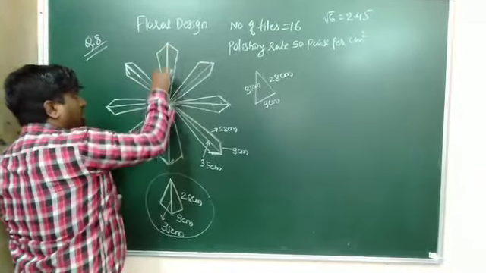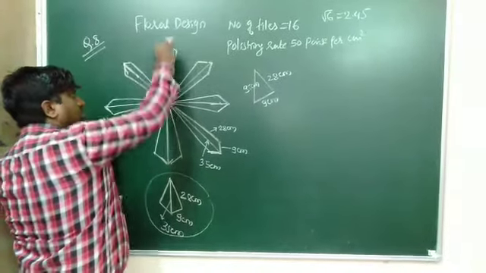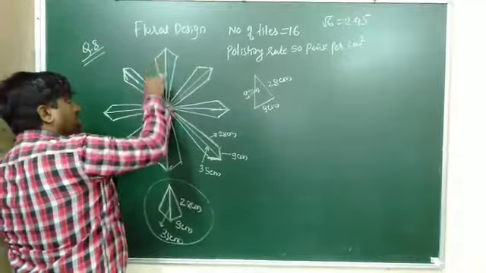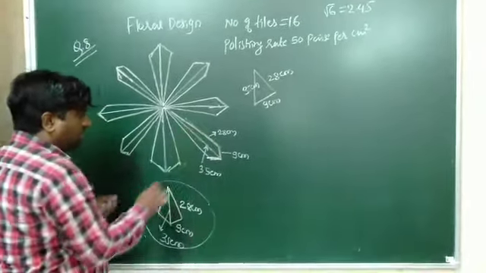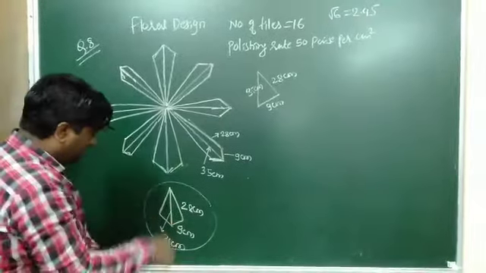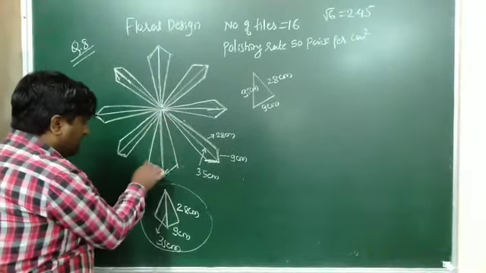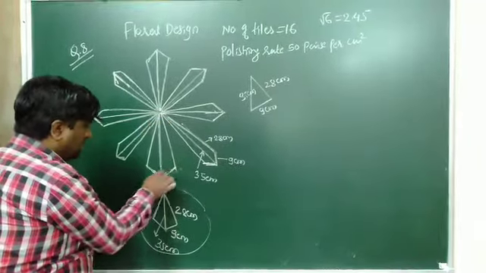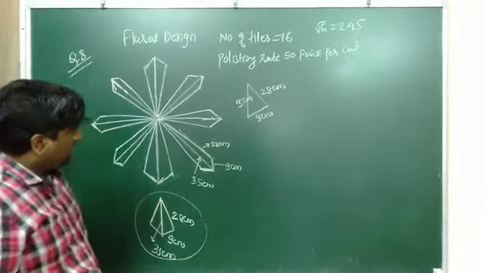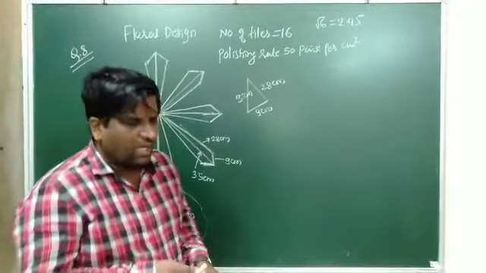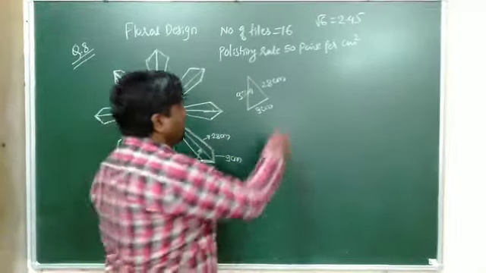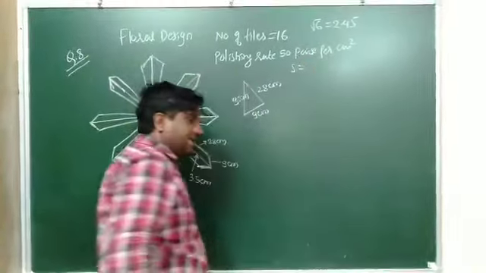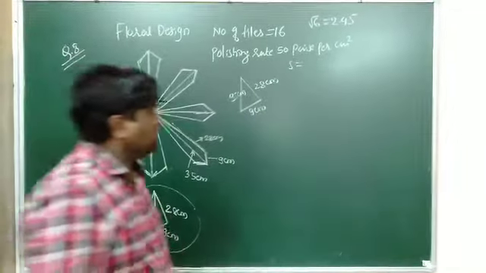So this is 35, and this is 28. This is 9. This is 28. This is 9. This is 9. This is 28. This is 35. This is 9, and this is 28 centimeter. The middle value is the greater one. So that is how much? 35 centimeter. So let us find the area of one tile initially.